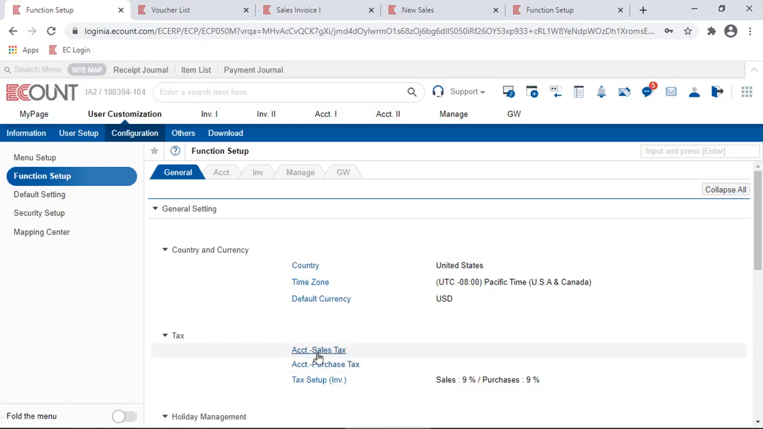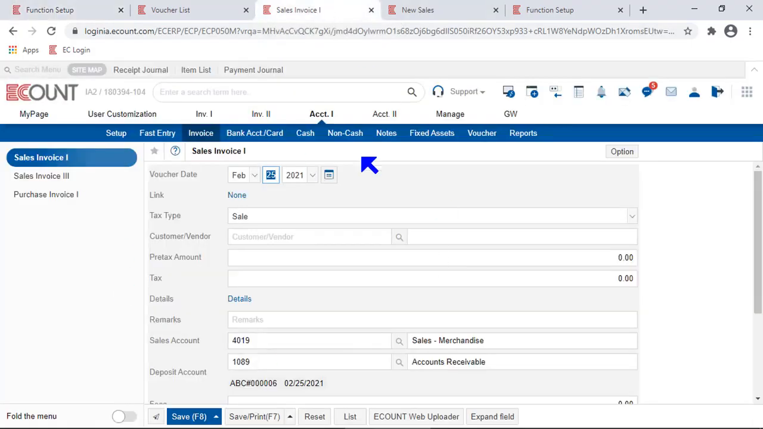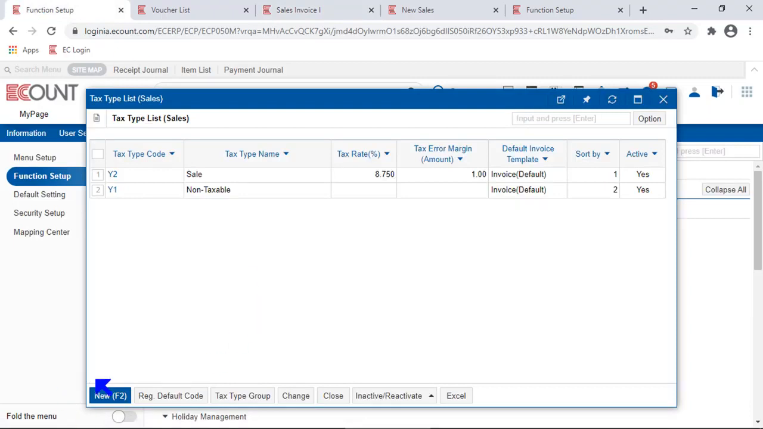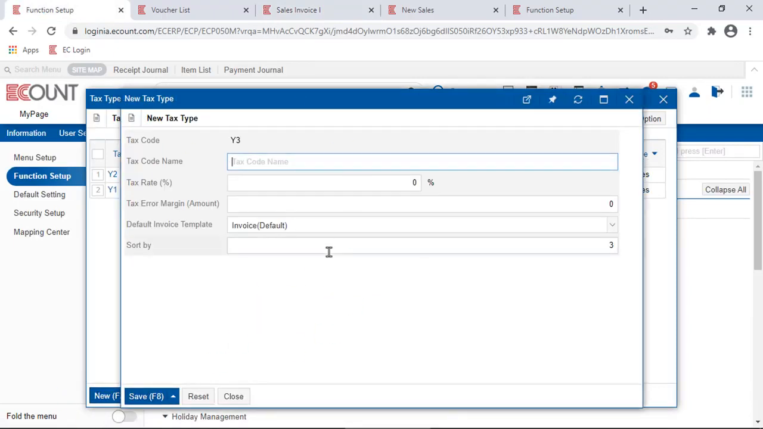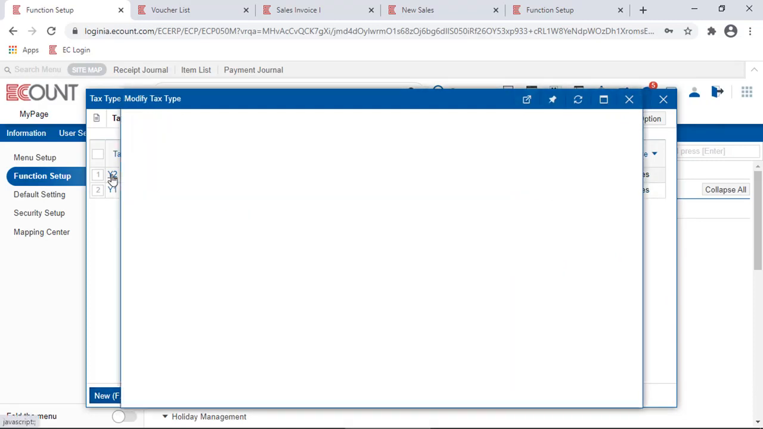And if you click sales tax, then the list of tax type codes for sales, accounting sales, will be shown. These tax type codes will be used when you enter a voucher in the accounting 1 module. In tax type field, you can click the drop box and select one of the existing tax type codes. And you can click new to register a new tax type code, or click on an existing tax type code